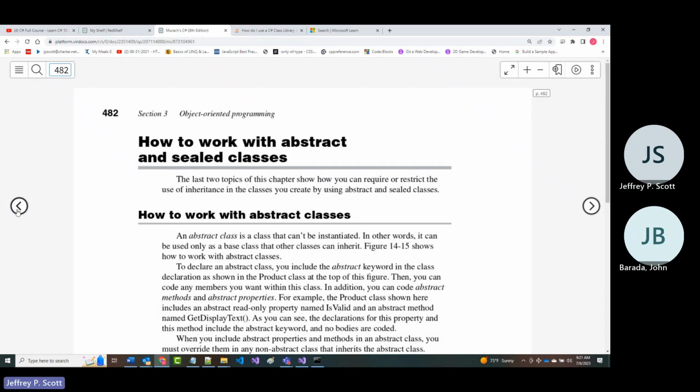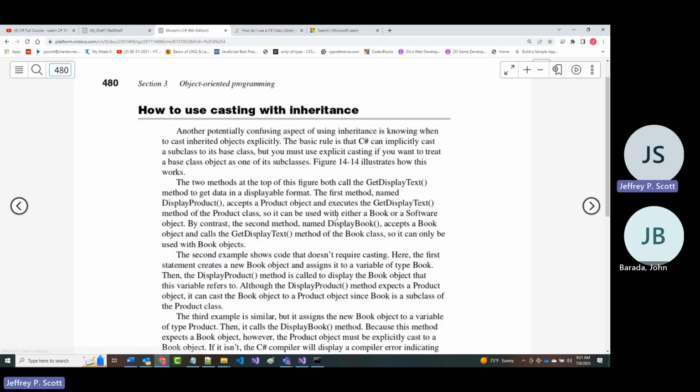All right, back, sorry. So, how to use casting with inheritance. It says here, another potentially confusing aspect of using inheritance is knowing when to cast objects. Now, notice it says knowing when to cast inherited objects explicitly. Remember, we have talked about this before, that when you do something explicitly, you, the programmer, do it.